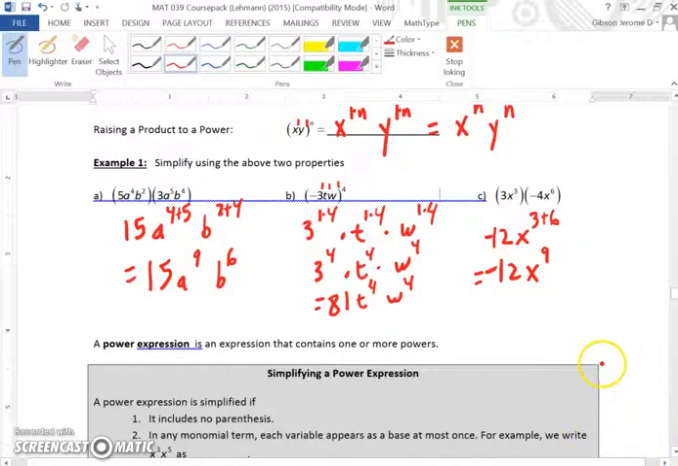Are there any questions over example 1A, B, or C? Any questions? Okay, now,